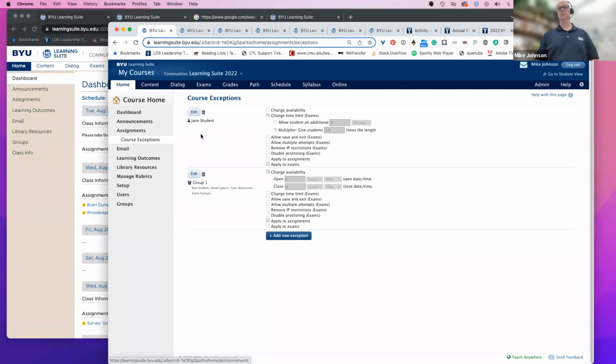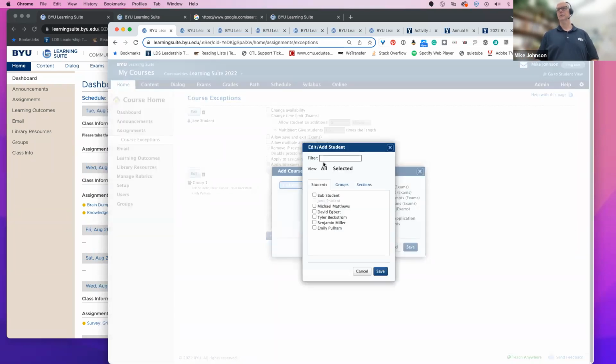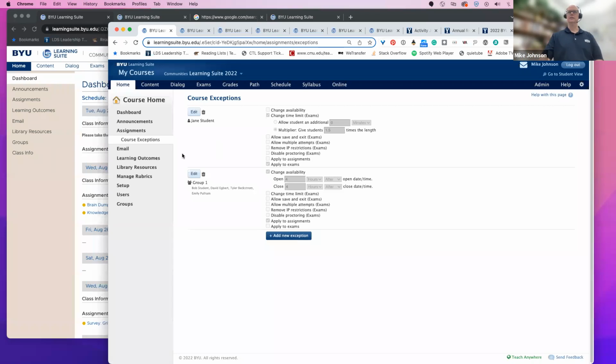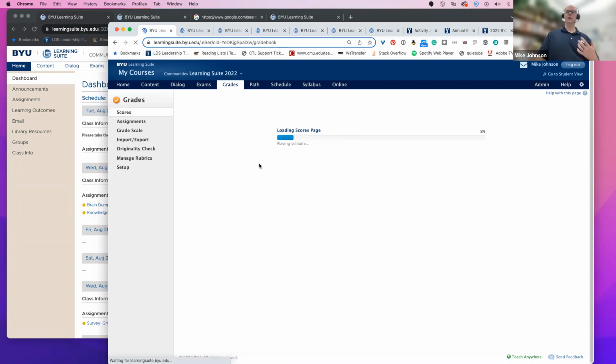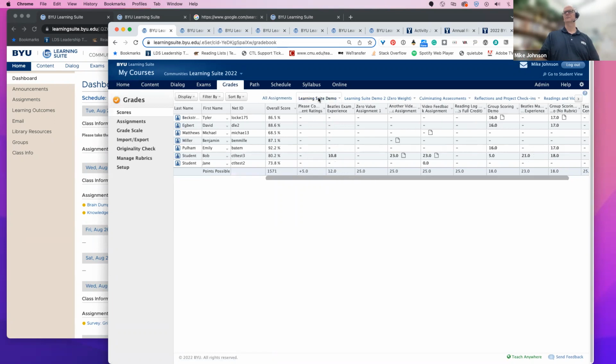Of course, you can create an exception and just select all your students, and that would provide a course-wide exception. So okay, let's go to gradebook, and we're going to start with the grader. There's some really great things. So one of the scoring things that I don't think we covered on the exam editor though,